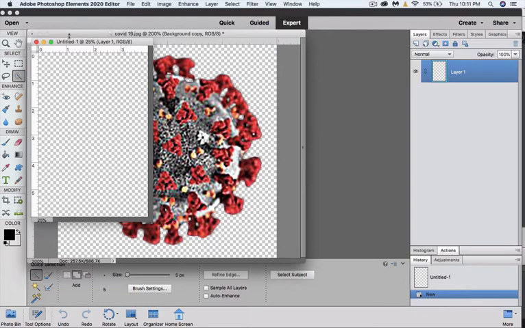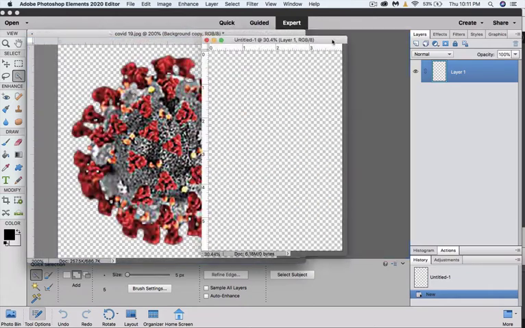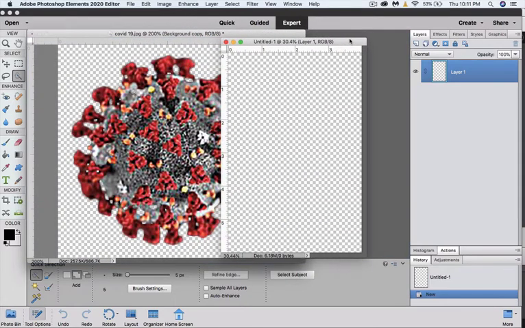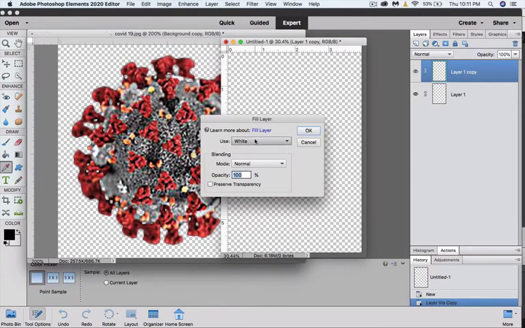I'm going to enlarge this to make it fit the screen, Command or Control 0. And now this is what's going to be my final document. And so what I'm going to do is duplicate this transparent background, Command or Control J. And on this layer, I want to create a white border. So I have to start with filling it with white. So the top of the two layers, I go to Edit, Fill or Fill Layer, choose White,